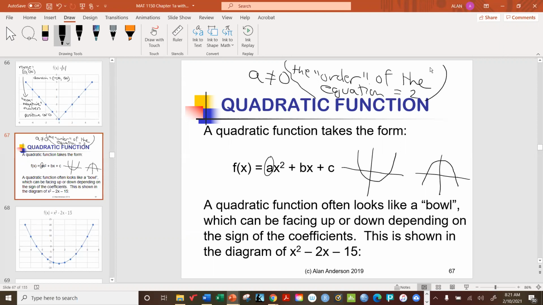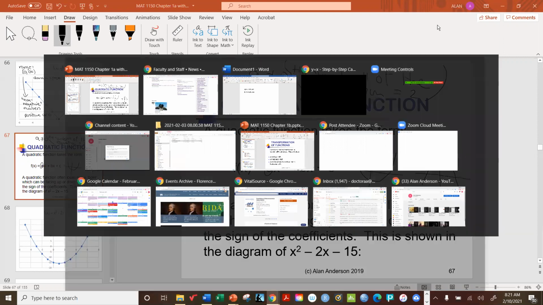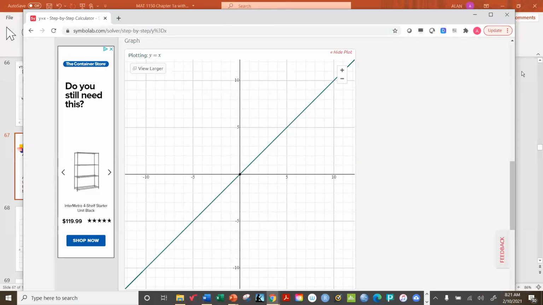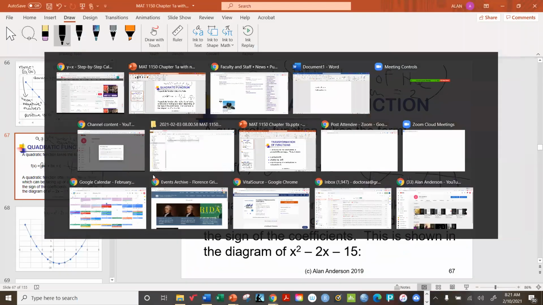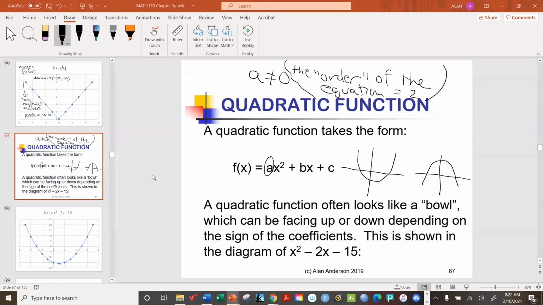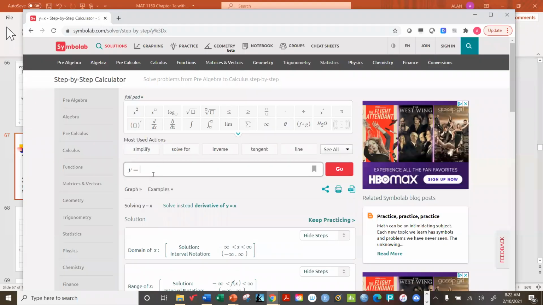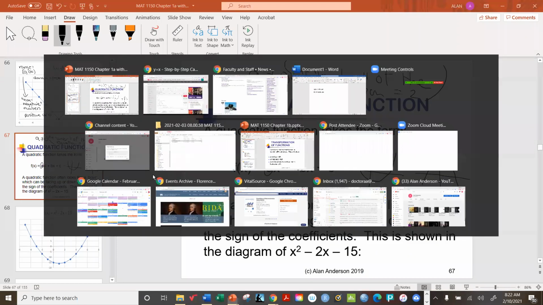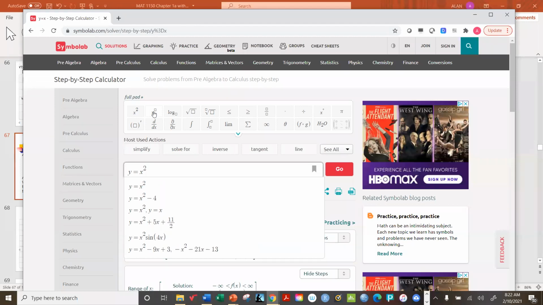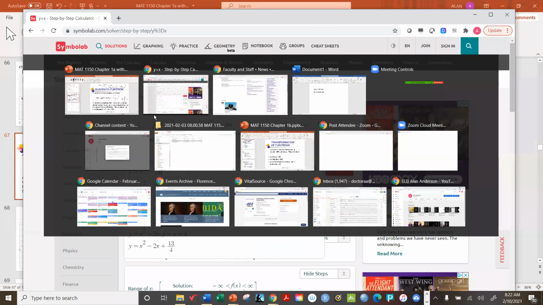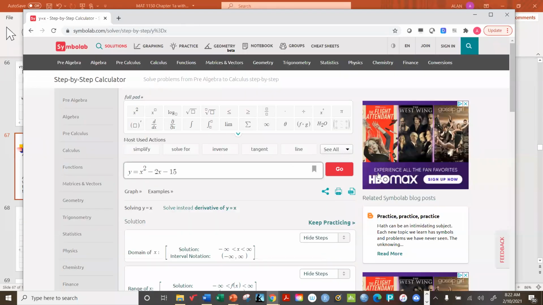Although, you know what, let's do it anyway, just to get some practice with it so you can see how this website works. The one thing I noticed about it is that in order to get a result, just from fooling with it, if you just write x squared minus 2x minus 15, it will not understand what you want. So make sure that you start it out with y equals x squared. And here's the exponent box. Minus 2x minus 15. Now when you hit go,